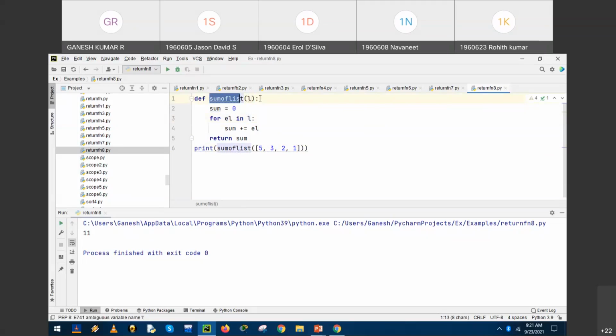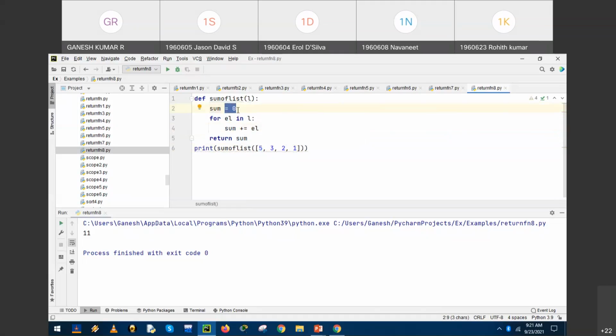So when the statement is executed, it invokes the function, which supplies arguments 5, 3, 2, 1 to the list. Right? For each element in the list, for each element 5, 3, 2, 1, sum is equal to sum plus EL. Okay, so earlier we had not assigned the value, so we got an error. After proper assignment, sum is equal to sum plus EL.